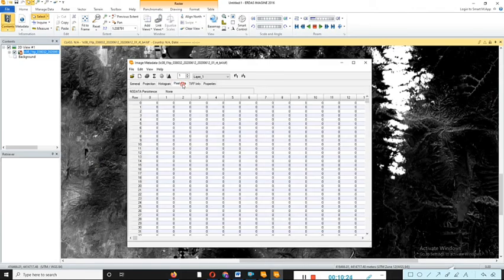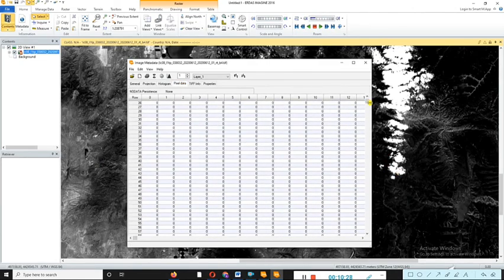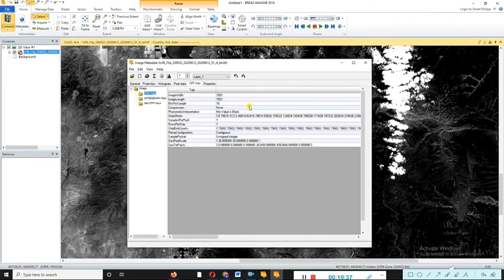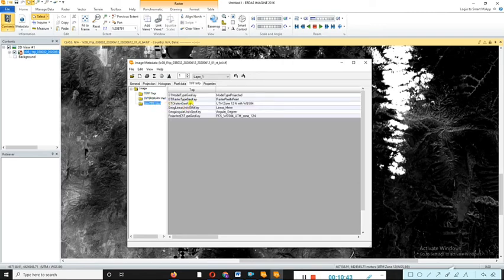Then the next option is the pixel data. That image has pixels, and we understand which place and what types of information. Then tile information, just click on that. You can see here the tile information, Intergraph, GeoTIFF keys.